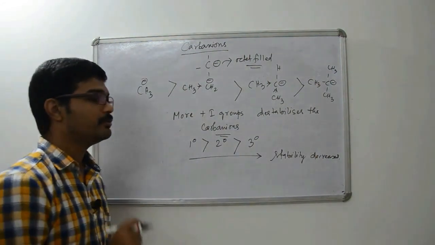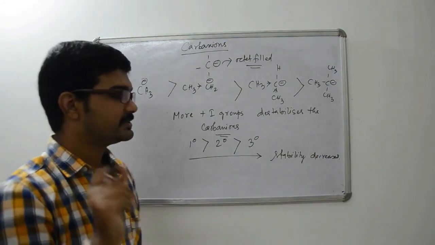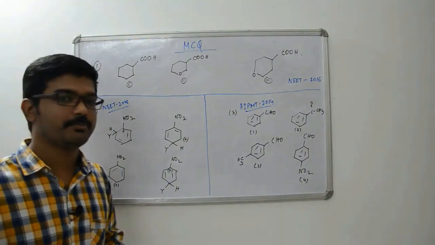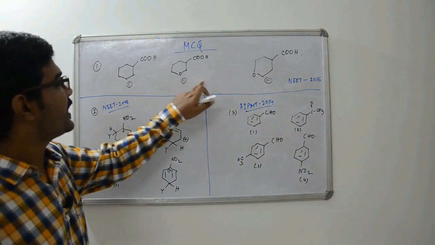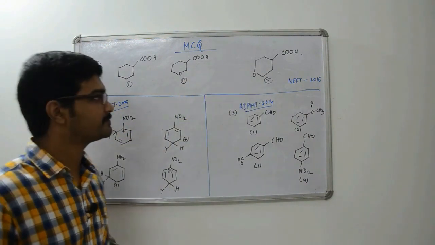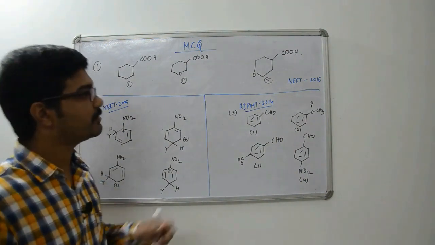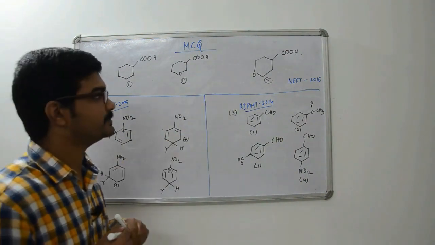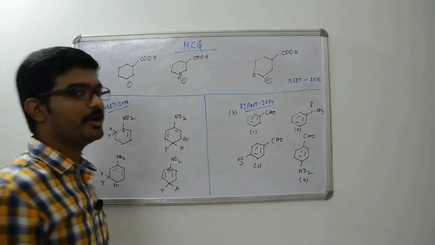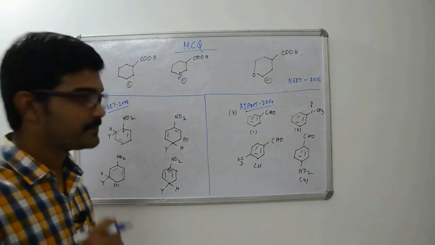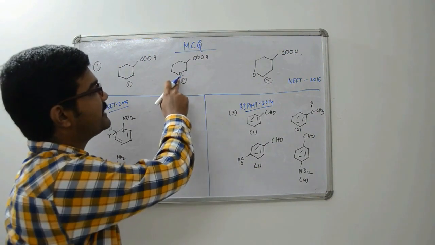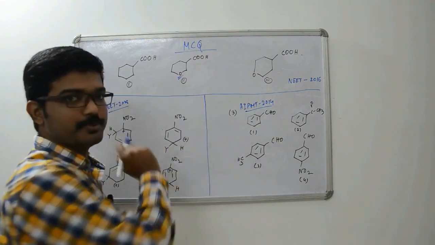Right? Now we will see some MCQ questions. So let's start with question number 1. Here we have to find the order of the strength of these following carboxylic acids. So what will be the order? This question was asked in NEET 2016. So we know that this O moiety has minus I effect, right? So the acidity will depend on the minus I effect of this O group.